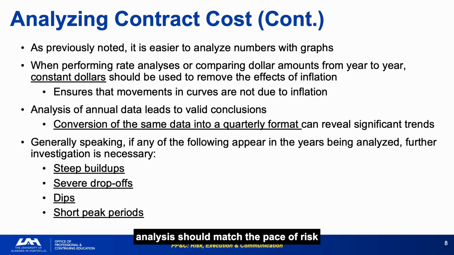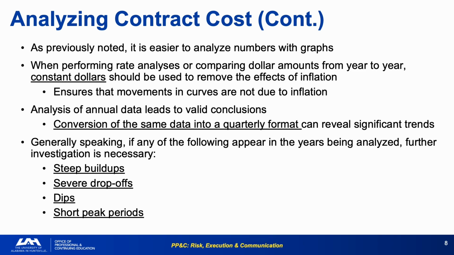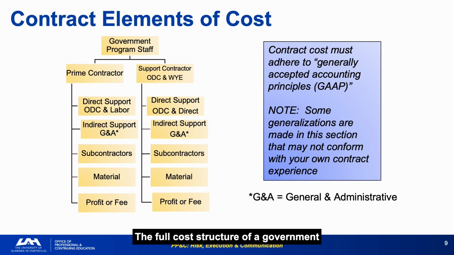The frequency of analysis should match the pace of risk in the program. Treat the contractor's cost data exactly the way you treat your own project data. Graph it. Convert it to constant dollars. Look for the patterns. The full cost structure of a government contract, from direct labor through G&A and fee, is